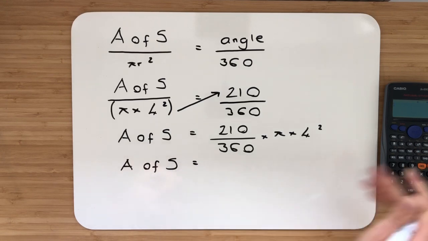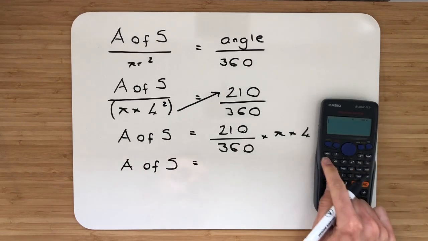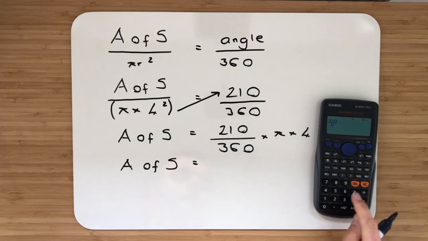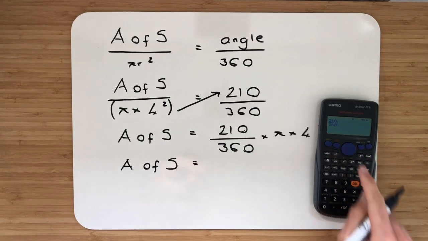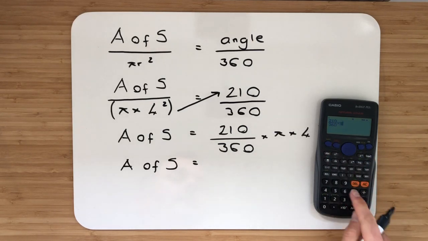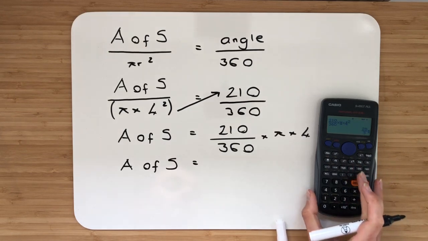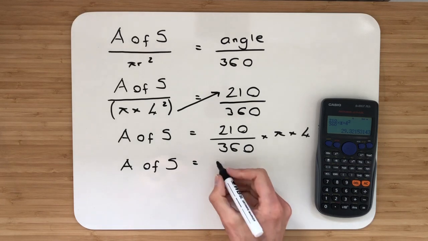So the area of sector equals, let's substitute this in. I'll then multiply that by pi and I'll multiply by 4 squared. Putting all that in, that's going to give me an answer of